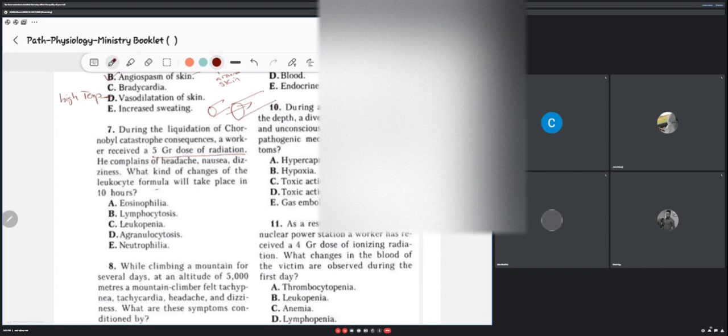Secondly, when it comes to the radiation itself, 3 grams of radiation affects the blood closely, and then 4 grams affect lymphocytes. It will reduce